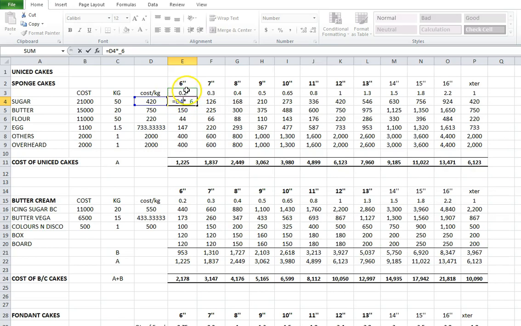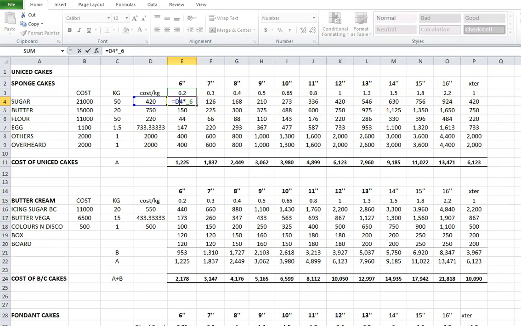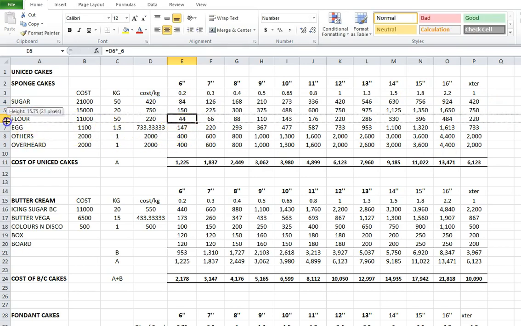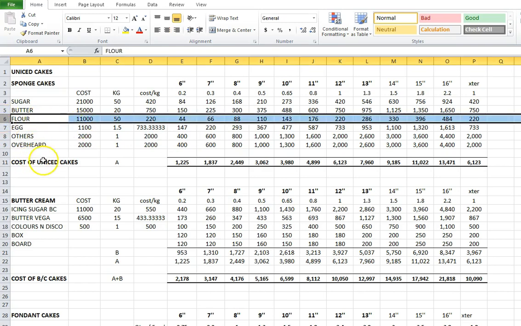So meaning that this 0.2 multiplied by this, that is what gives me this. And once I click on this, you can see it in the formula bar here, which says equals D4, which is D here and 4 here, multiplied by this one, which is, what's the cell? E3. So that is how it works. The same thing applies to all the other cells that you can see here. For this one is the same thing. That's the quantity of flour that I use for 6 inches cake. And at the end of the day,